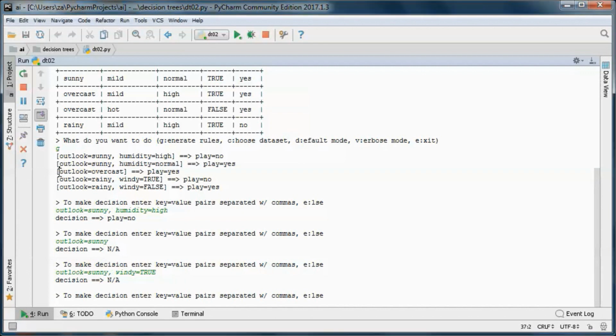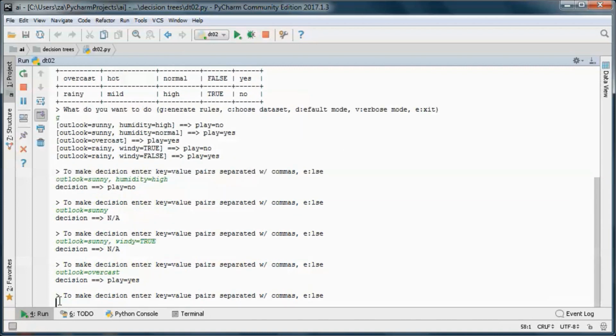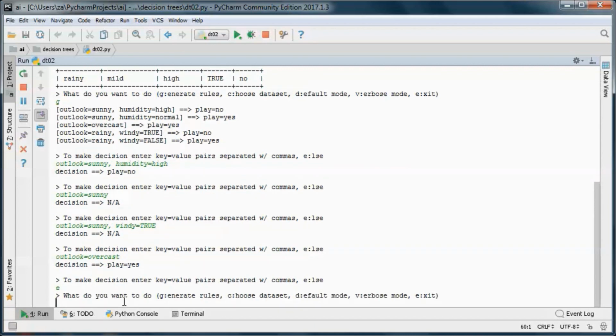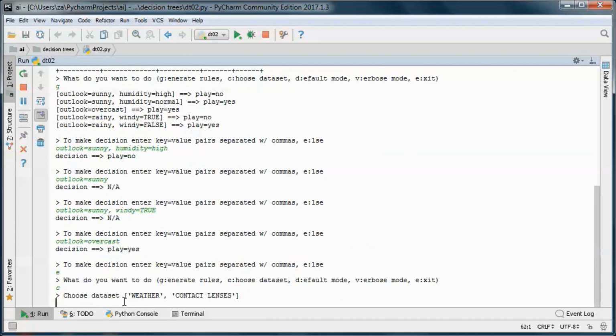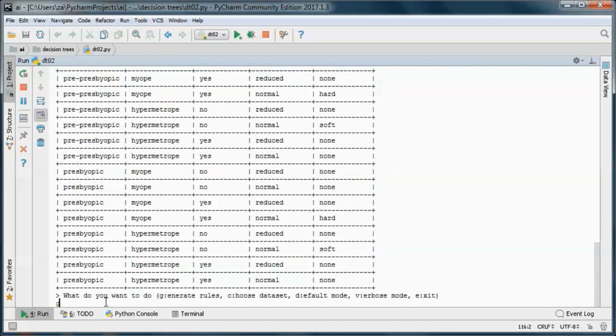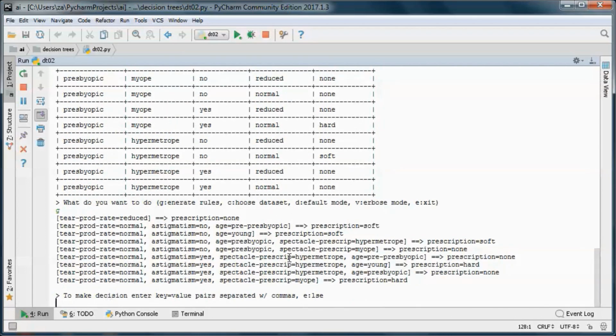How about if outlook is overcast, and here the decision is to play outdoors, and let's choose a different dataset from the available ones. So let's pick the contact lenses one and generate the rules for that.